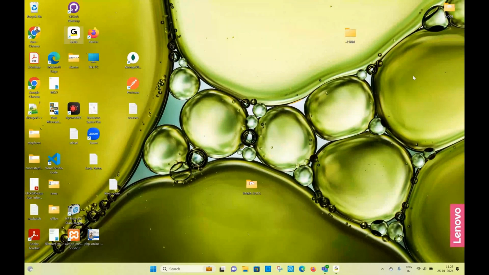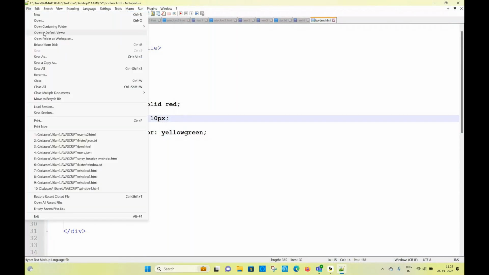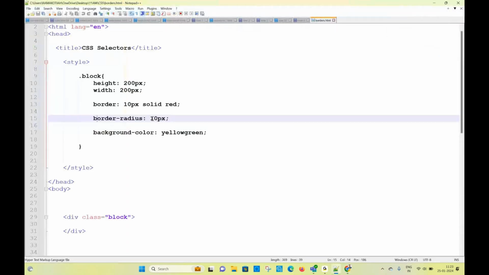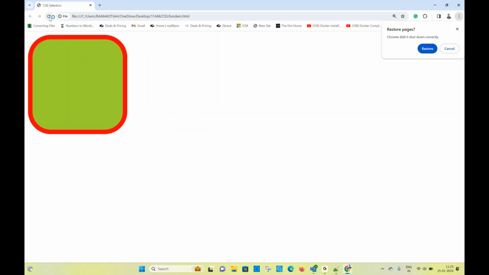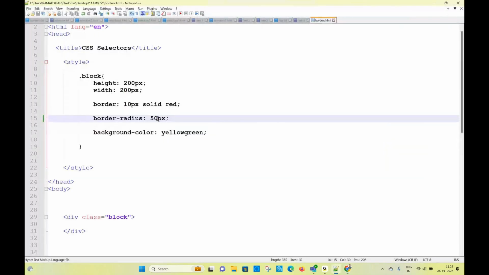So let us open the editor. If we run the file, what is the output we are getting? We are getting a curved border like this. If I increment this value to 50, then what is going to happen now? If I increase the value to 100,